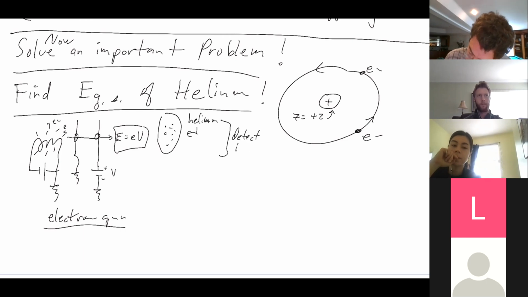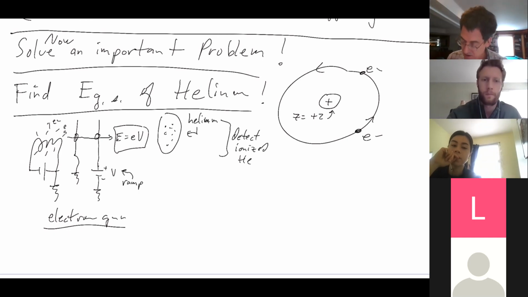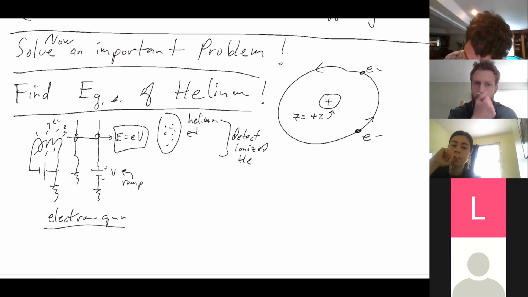Ionized helium, and so I do this, and this is a power supply here. And then I ramp this voltage, because that's just a power supply. I just turn the knob. They even could do that 100 years ago. And I notice that ionization,